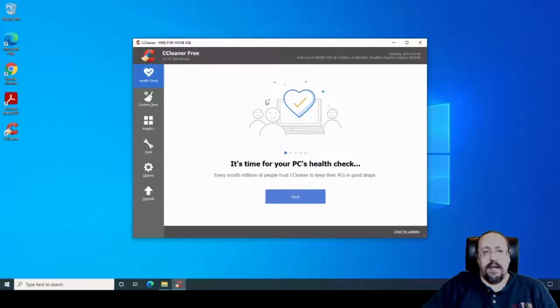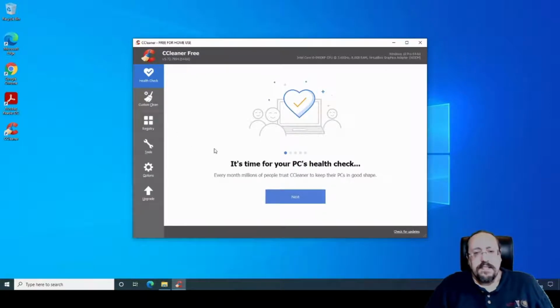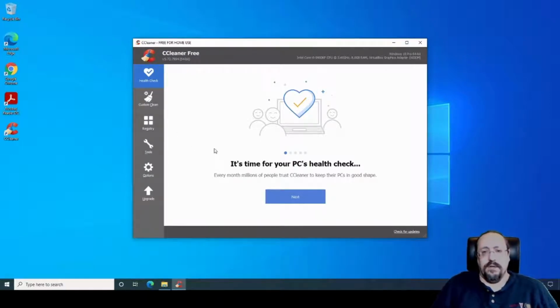You can have several options. You can see it has a health check, a custom clean, a registry, and then some tools, and you can also set the options and upgrade. So I'm going to go through the first 4 things, which are the health check, the custom clean, the registry, and the tools. So the health check, essentially what it does is that it's going to